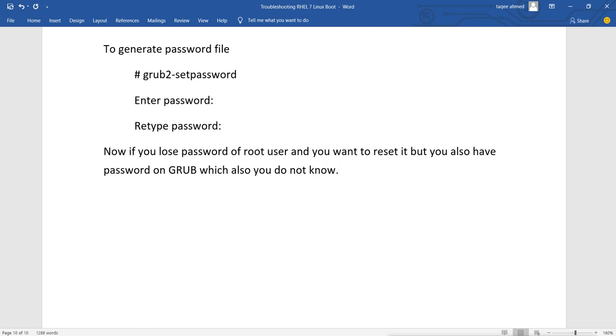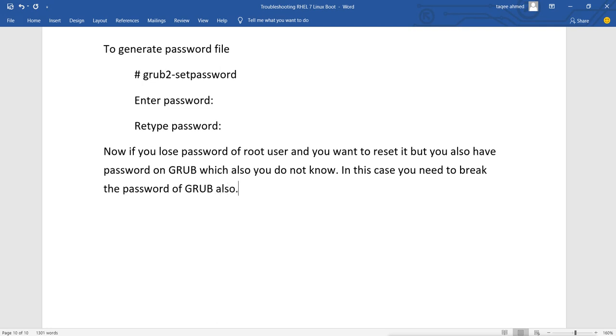Now what? In this case you need to break the password of grub also.